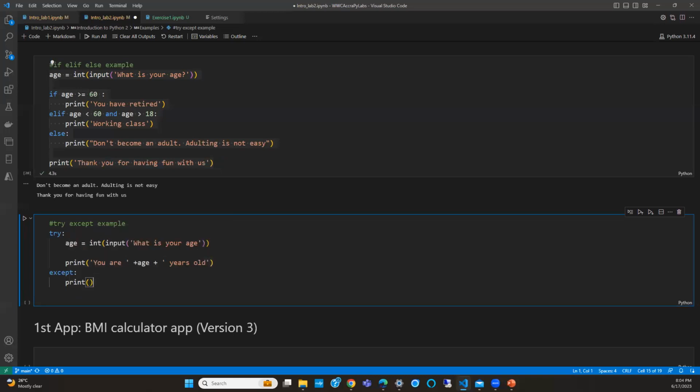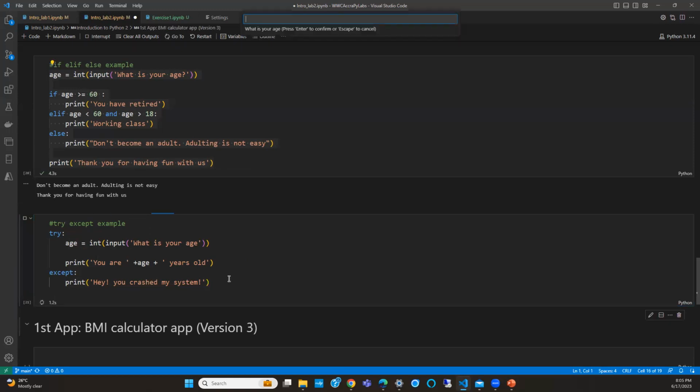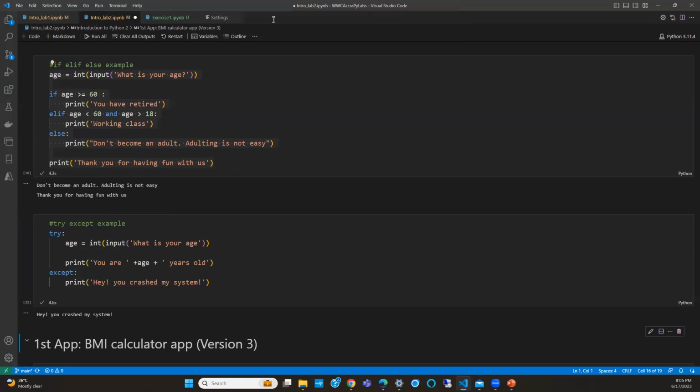So we say, if something goes wrong, it's going to go, "Hey, you crashed my system." So we have something like this, and we're just going to try it out. Enter age, if I put in 50, oh wait, what just happened? Okay, that is going to crash anyway, so it's not a good example. I get it.